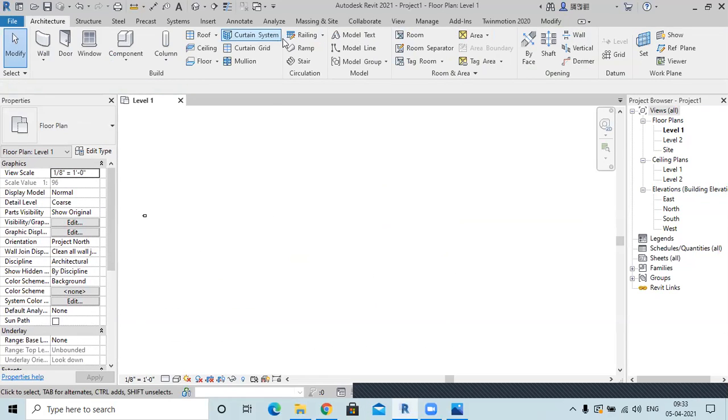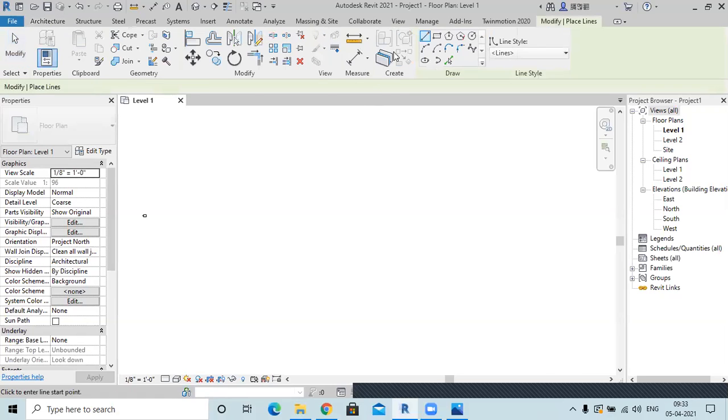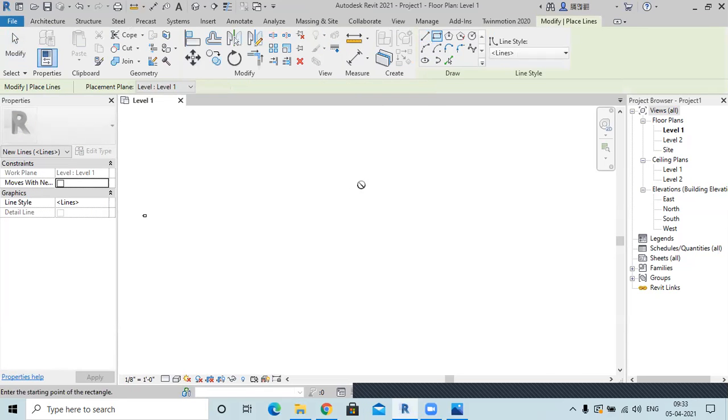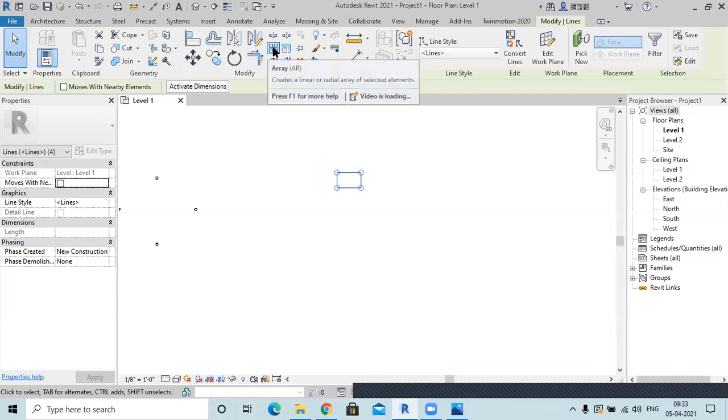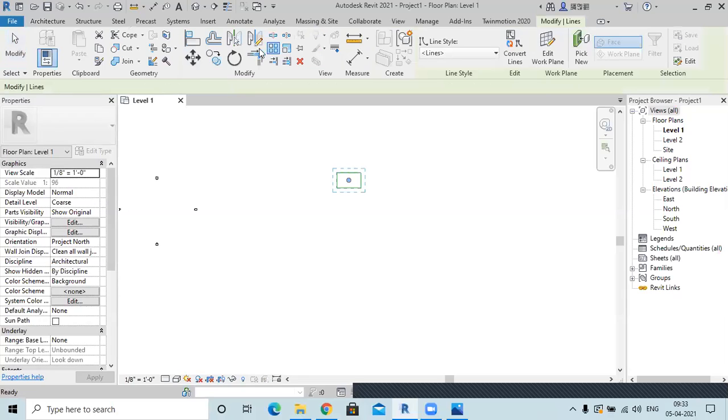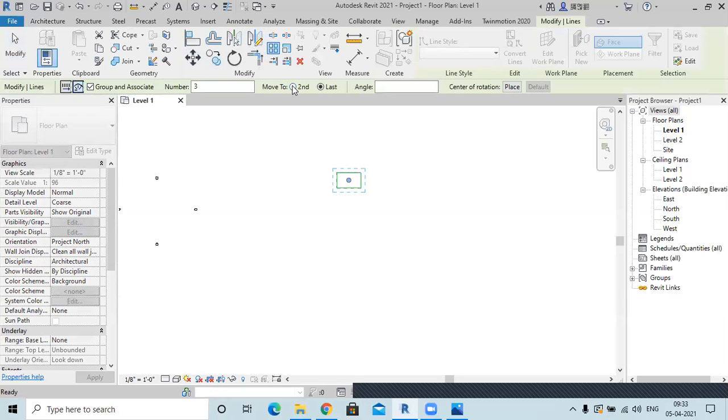Okay, anyways, so if you go with a different element, for example, a rectangle, the general array will work the same. I'll show you only the radial array because the horizontal vertical array are quite easy. So select this and the radial array. Okay, now I've selected, I have rotated it at, for example, this angle.